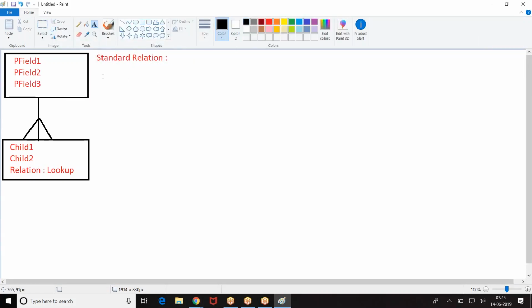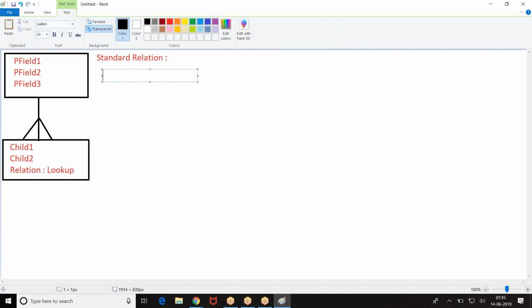In that case, I am trying to fetch the parent data along with the corresponding child records.